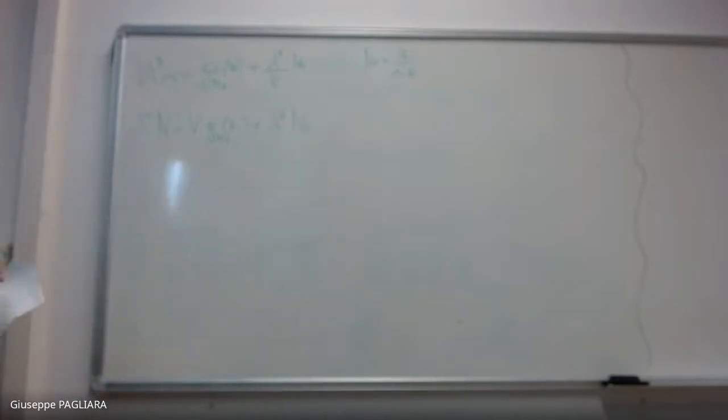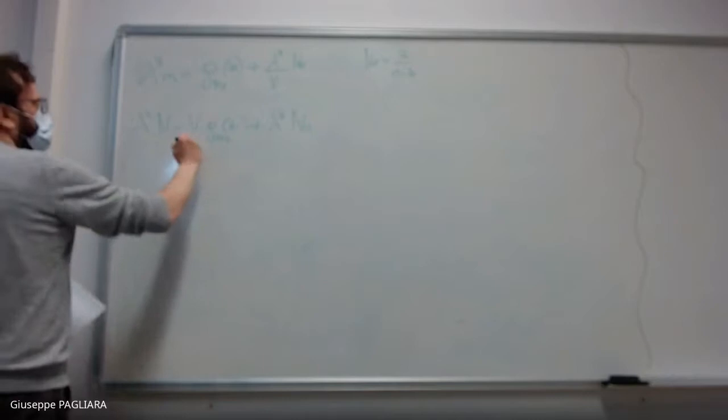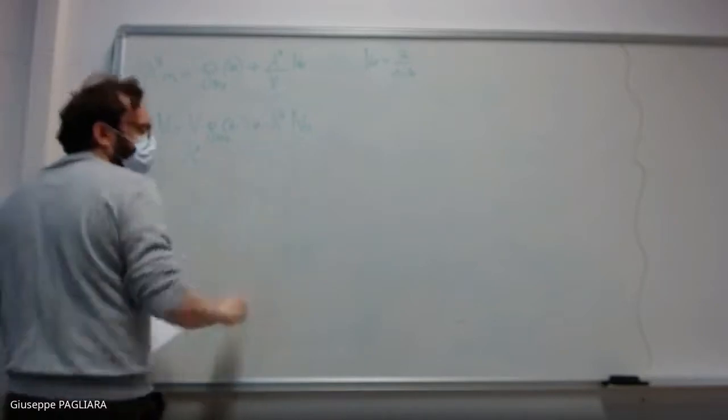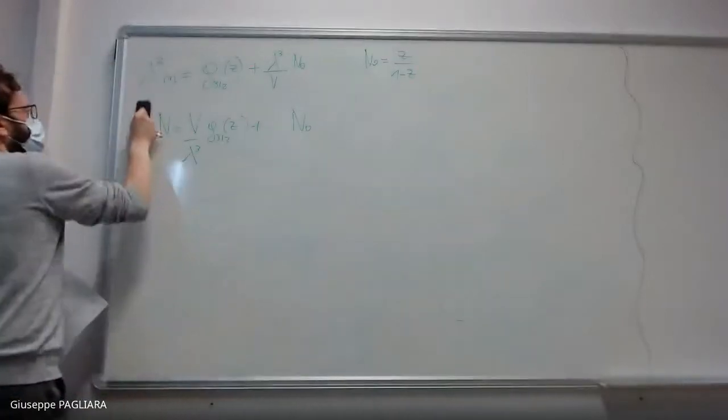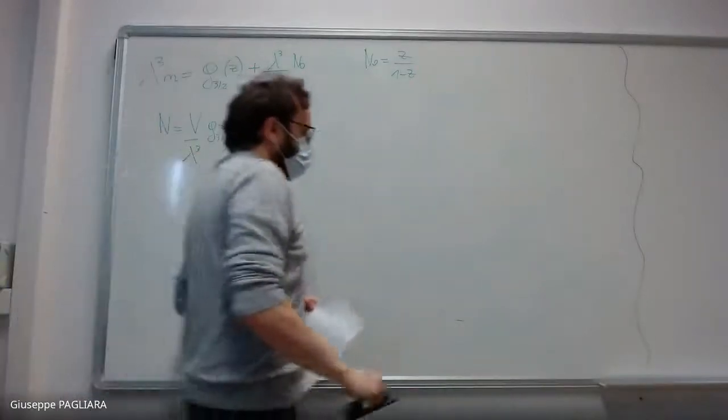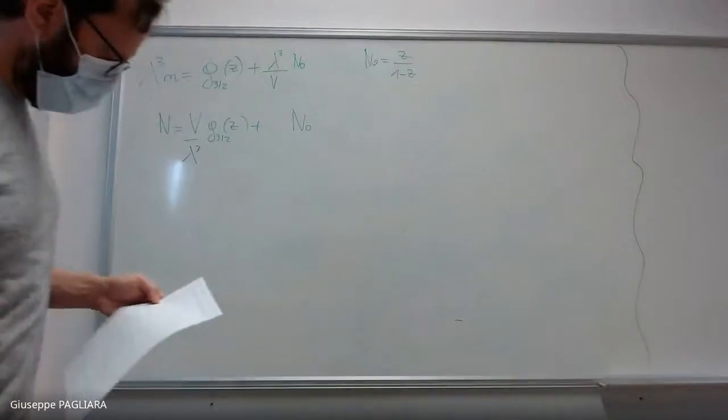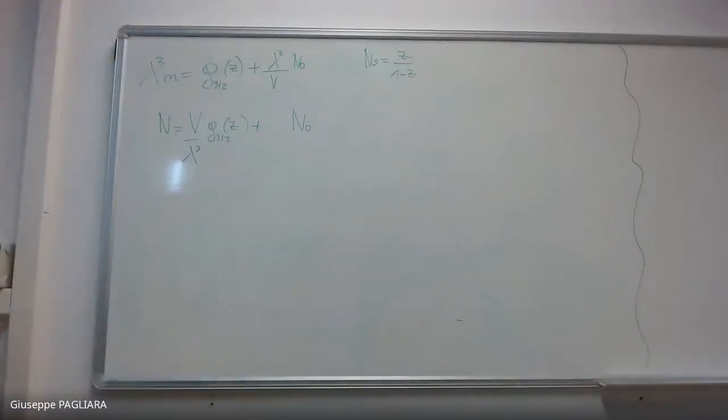Okay. And also let me divide by the volume, so here I have a lambda cubed here. You can remove this. And from here, what I get is that n_0